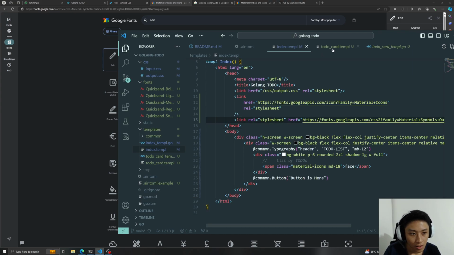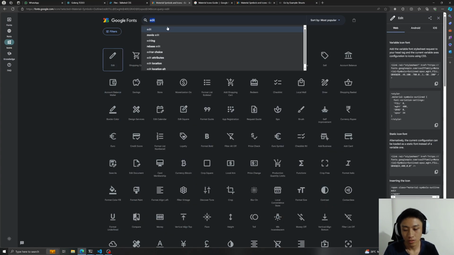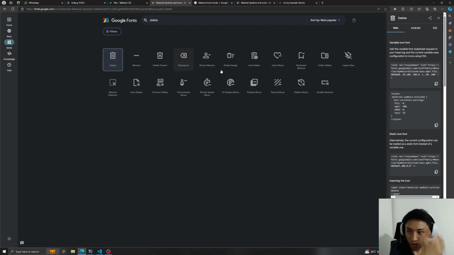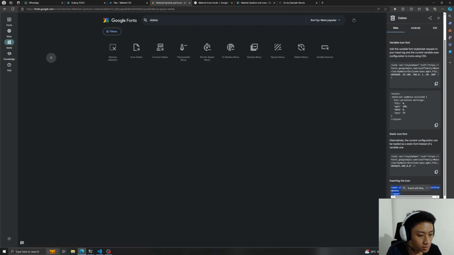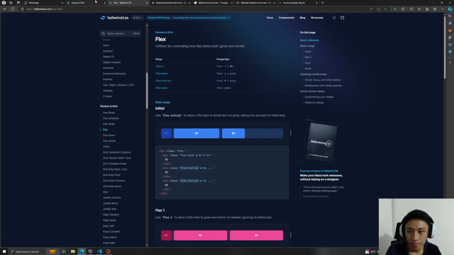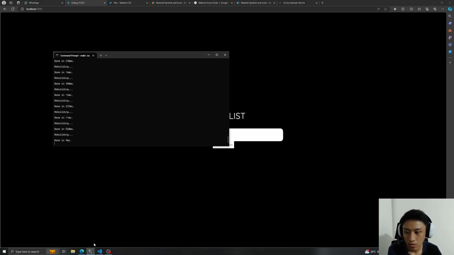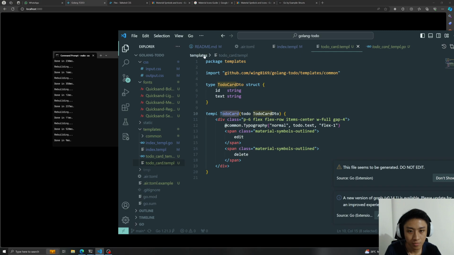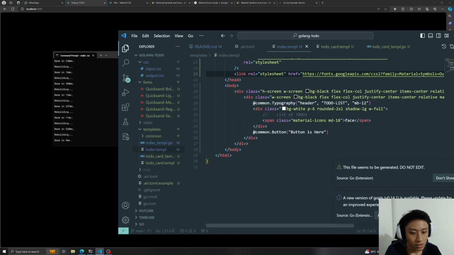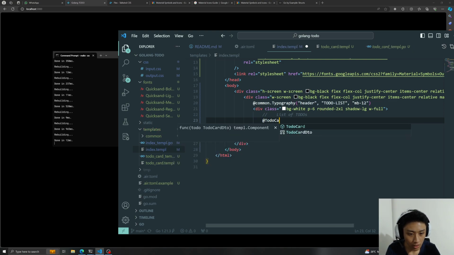Okay, second, coming back to here, I will need a delete icon. I do this and copy the entire thing, paste. Okay, reload. Okay, sorry, to-do card is not spawned anywhere, so alias to-do card